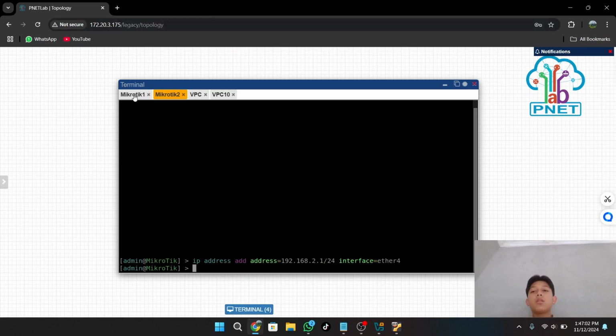If done like this, now we can configure the static routing.